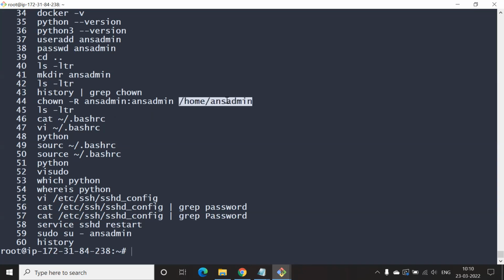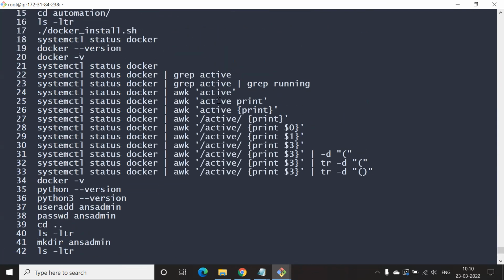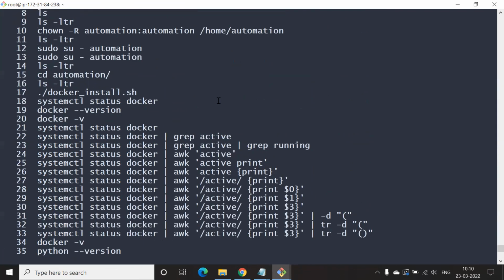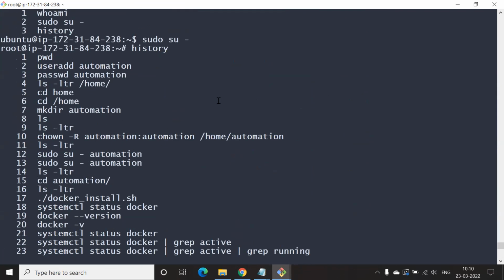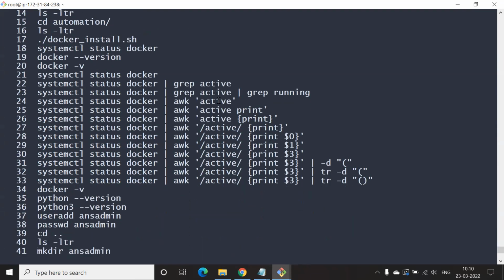This home directory, the directory which we create. Good answer. Scroll up a little bit, please. And keep going up. There's automation. We need to talk about Docker, but okay, scroll down, please. See what else we have.